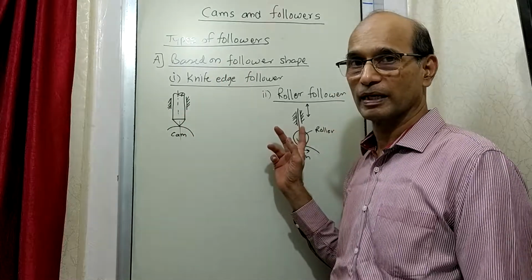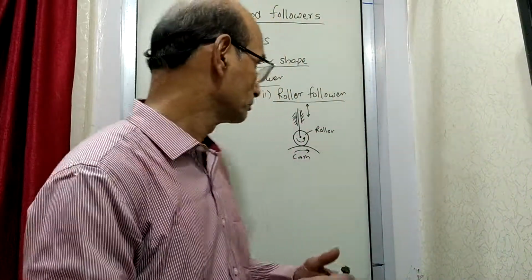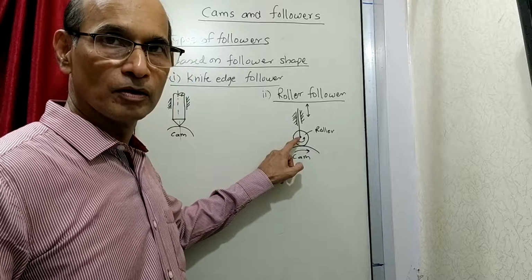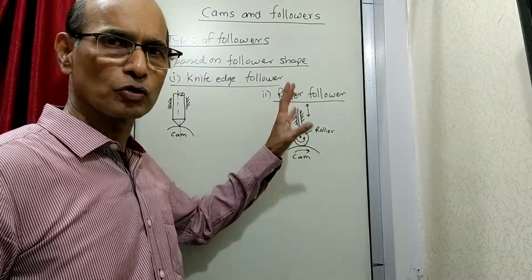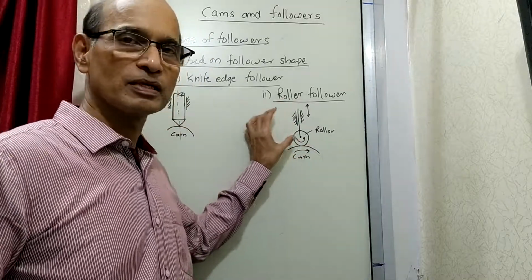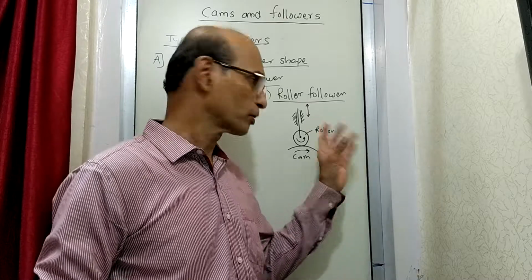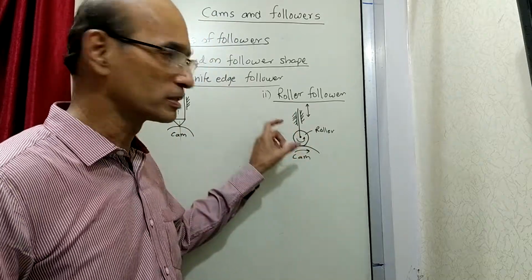Here how many parts are there? In this follower how many parts are there? There is a roller, there is a stem here and there is a pin here. So you require some stem, some pin, some roller, some machining. So a lot of things are required to make this kind of an assembly. We have shown it here just as a schematic diagram, just a representation which will make you understand how it works. But in reality, this will not be like a line. It will be some rod.